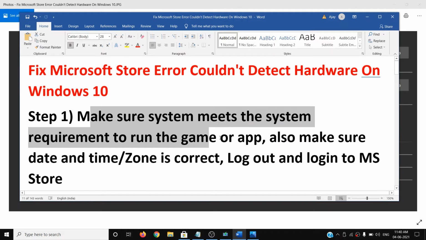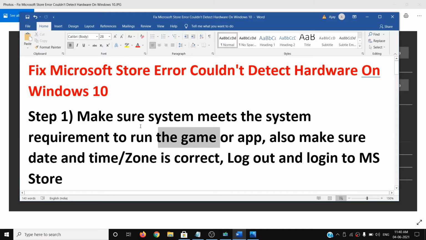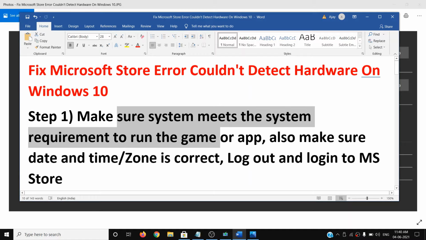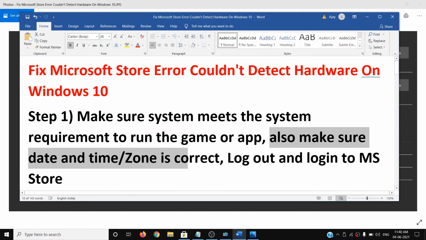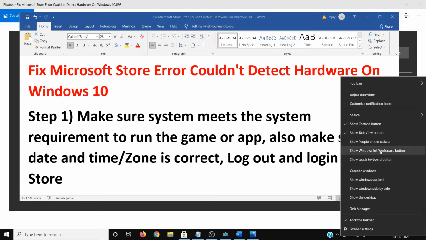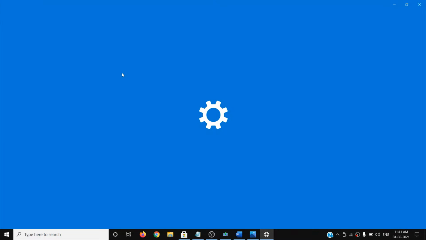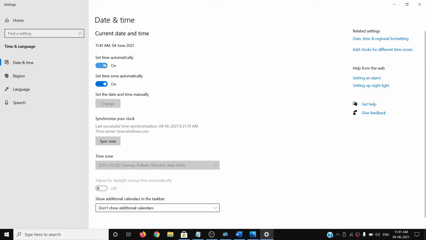So when you're sure that your computer is good enough to run the game or application, then you can go ahead and make sure date and time is correct on your computer. So on the bottom right here you can see the date and time. Make sure this is correct. Make a right click on date and time and then click on adjust date and time, and make sure set time automatically and set time zone automatically is turned on. So if this is off, you have to go ahead and turn this on, and then you can click on sync now,